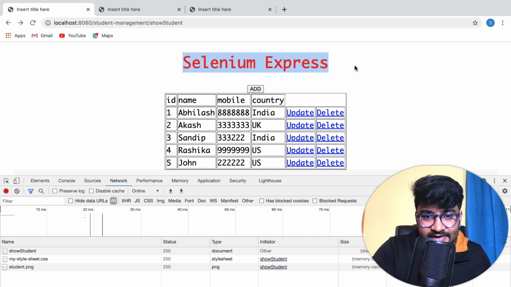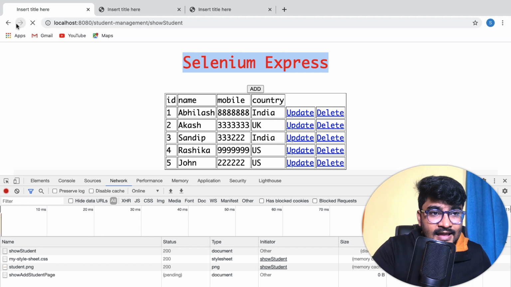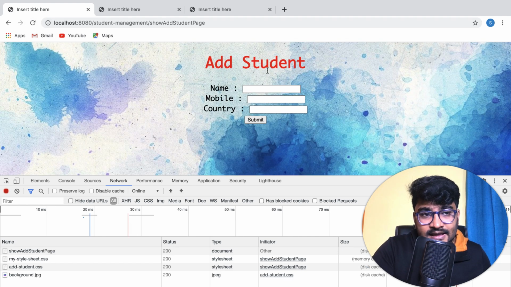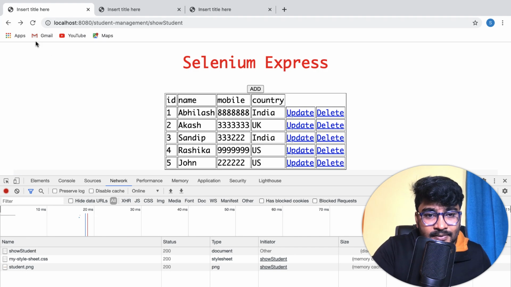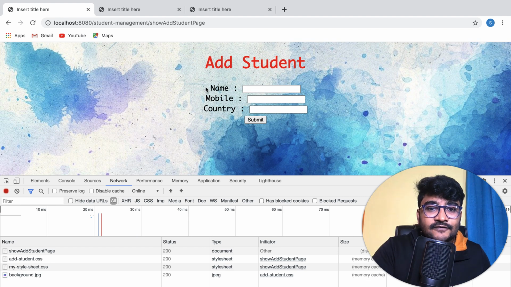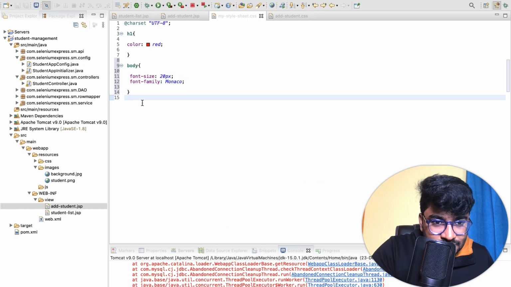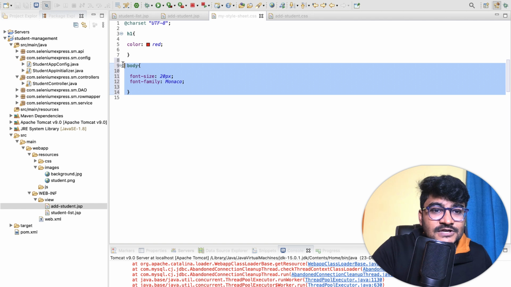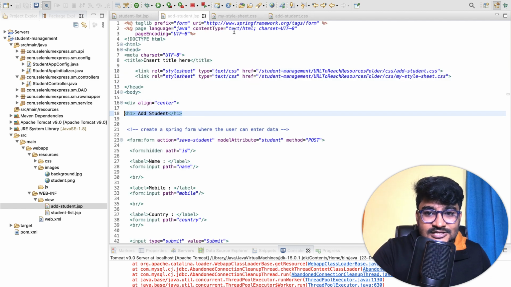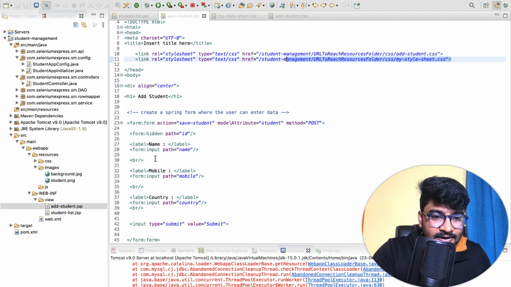The header color should be red right here and right here as well. Okay, but right here the body font should be changed to this, but here the body font should not be changed. But if I'm writing this, then obviously it is changing my body font and font family and font size everywhere. Wherever I'll be linking this one, I am linking this one just right here. So obviously the property of the body